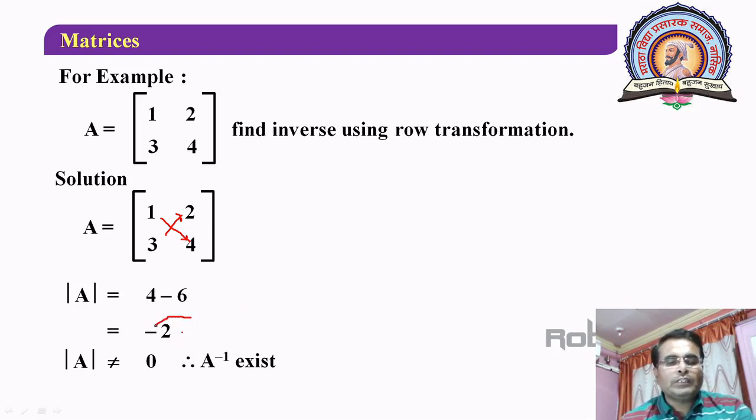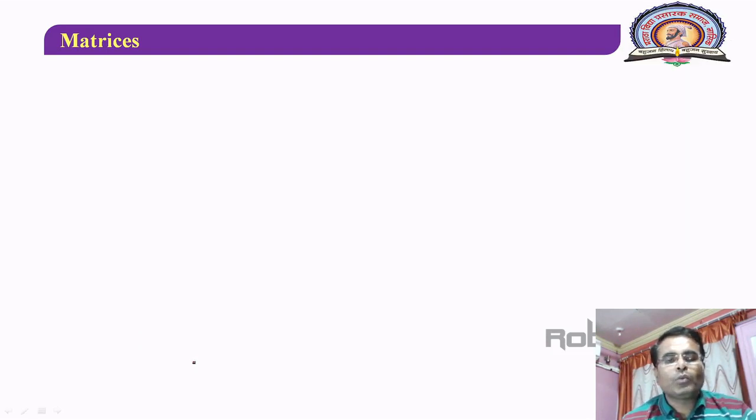If this determinant is equal to 0, then you can directly say that the inverse of a matrix doesn't exist, and in that case there is no need to do any further calculations for matrices whose determinant comes out 0. Okay. Now, here the determinant is minus 2, which is not equal to 0, therefore A inverse exists. So, let us see what the inverse is and how it is found.